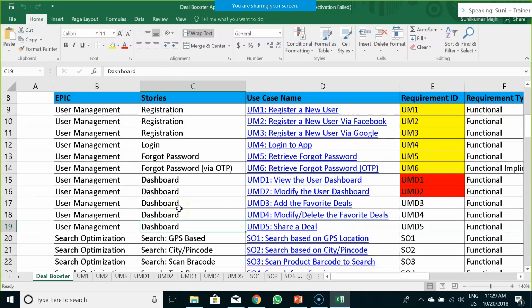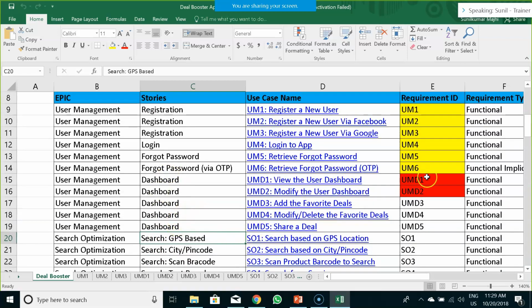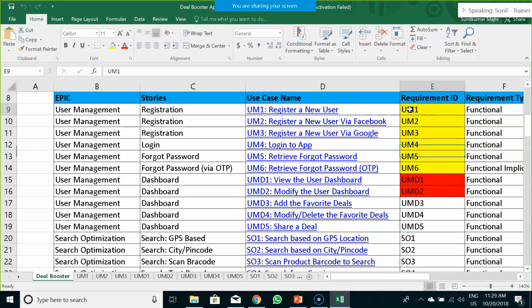If someone asks you, okay, I would like to create a new dashboard, how and where would you introduce that requirement amongst the stories? You would introduce it in between this particular dashboard. So after UMD5, you would be creating UMD6. Remember, you have to maintain consistency.